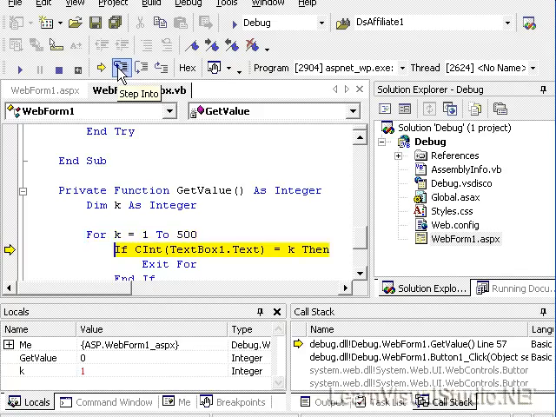if it's going to go 500 times for k equals 1 to 500, you might say to yourself, well,